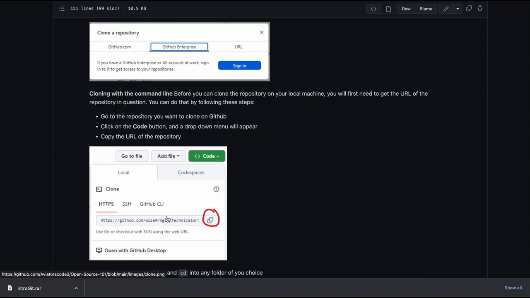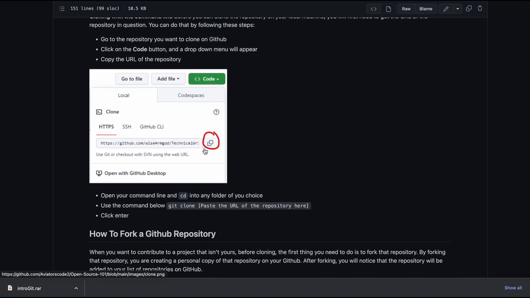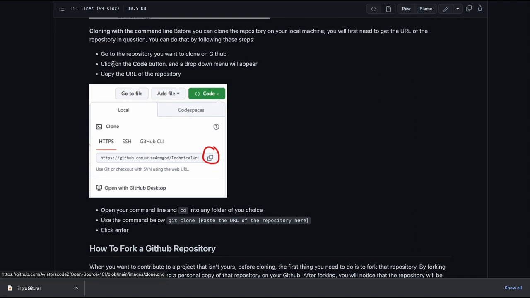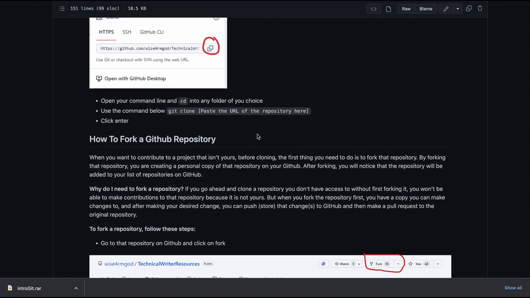Now, this URL should be somewhere here so that they would know that this is the URL. So when they go to our URL, they will see this exact same page. It will help for understanding. Go to the repository you want to clone on GitHub, click on the Code button, and a drop-down menu will appear. Copy the URL.